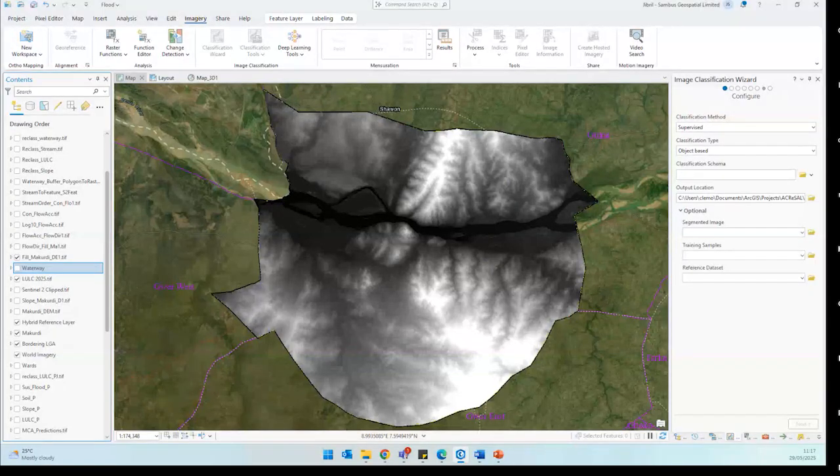So what this does is it removes depressions or sinks in the DEM that will disrupt flow modeling. The scientific rationale behind this is that natural or erroneous depressions, which can trap water in the model, often lead to inaccurate flow direction and flow accumulation. So when you fill, it ensures a continuous flow path across the terrain. So after you've done that,